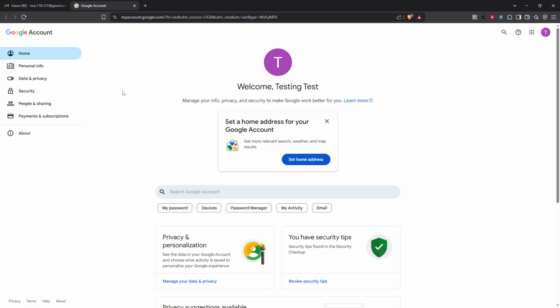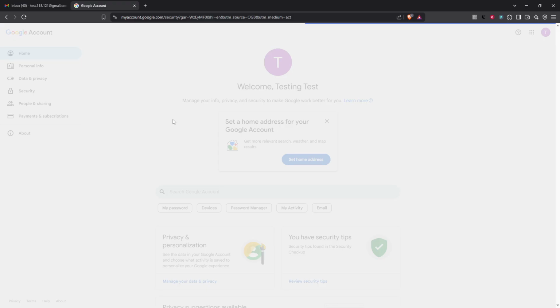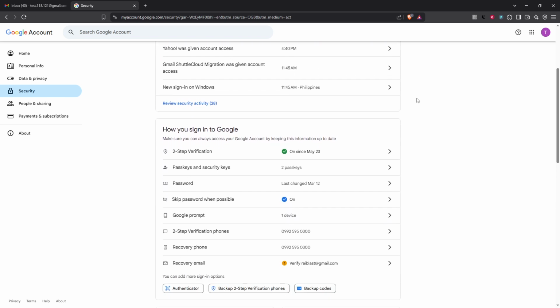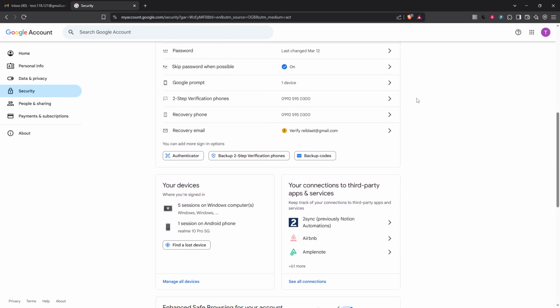On the left side of the Manage Account page, you'll notice a menu with several options. What we're interested in today is the Security tab. Give that a click. This section is crucial because it houses all the information regarding your account's security settings and connections to other apps. Next, scroll down the page until you come across the section titled Your Connections to Third-Party